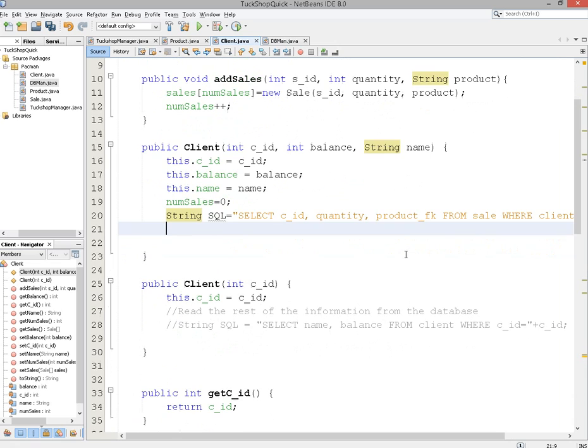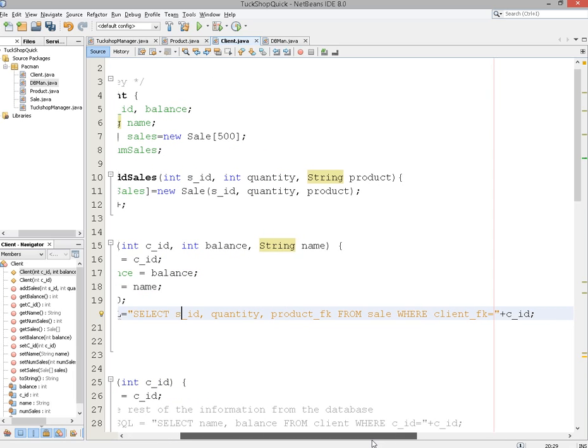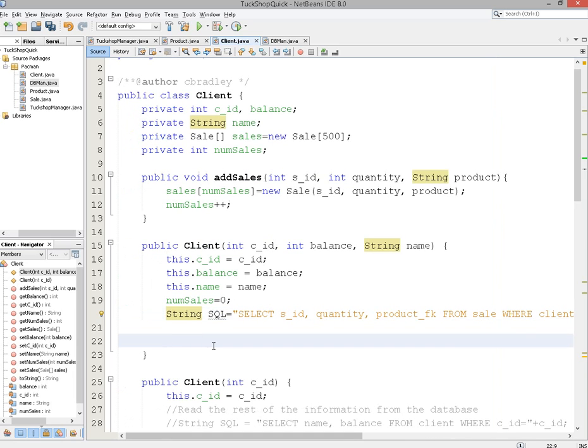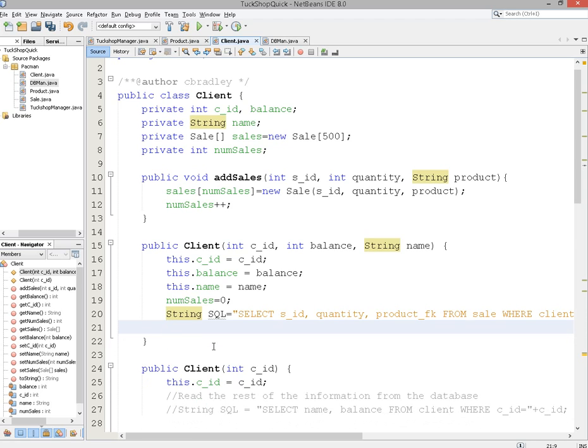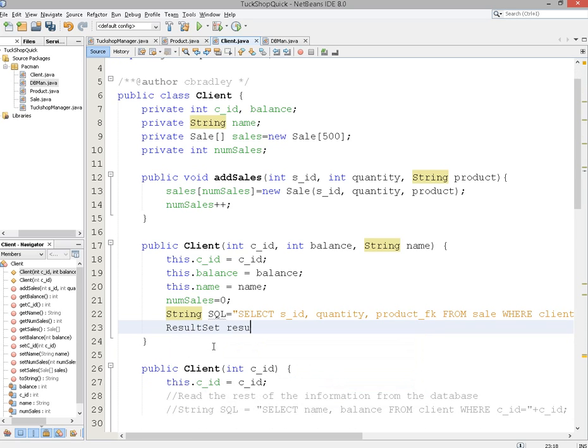Remember, we created that SQL statement earlier because we knew we needed to retrieve the sales. This should be SID, not CID, because we want to receive the sale ID from where client's FK is equal to client's ID. So we're going to receive all the client sales from this. So same thing goes here. We create a result set. I'm going to repeat this on the video so that you guys know it. Result is equal to